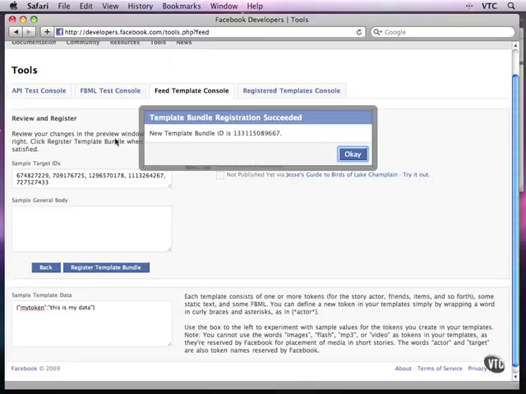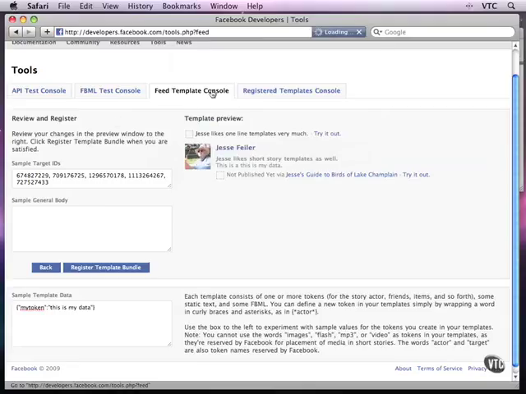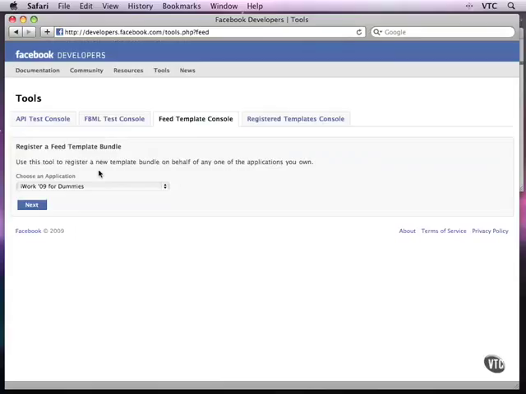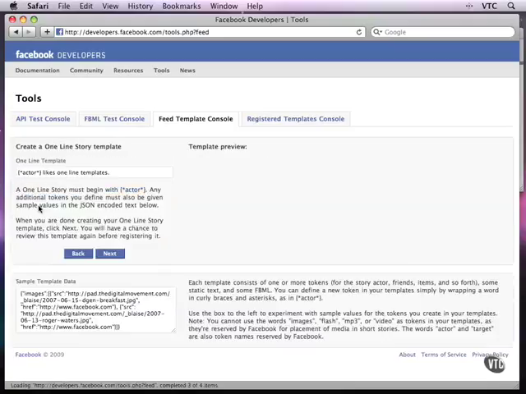Let's go back to the feed template console, and I'm coming down here to the app that I'm working on. That's the first step. Select your app, and now I'll do the one-line story template. Now, instead of saying that actor likes one-line templates, in our app we're talking about adding pics, and so the logical thing to do is to say so-and-so added a pic